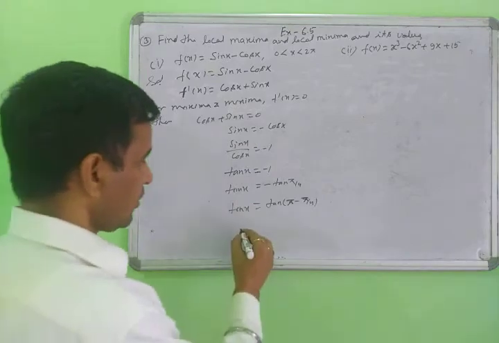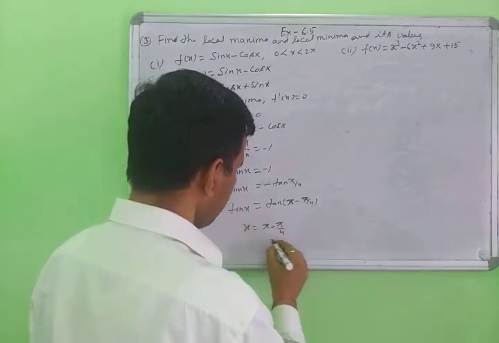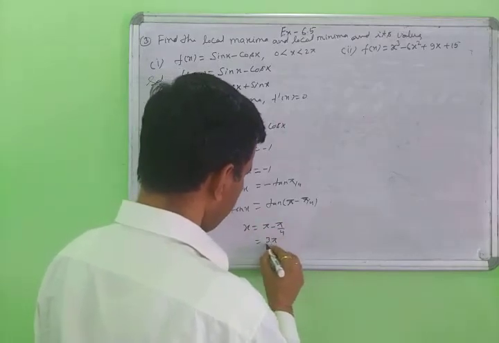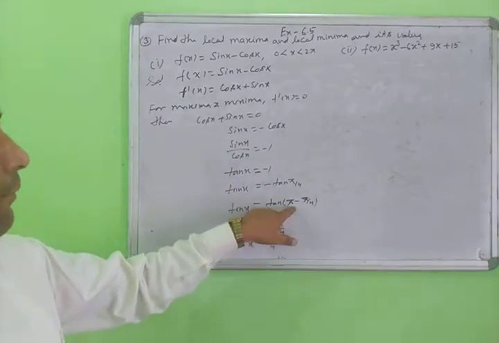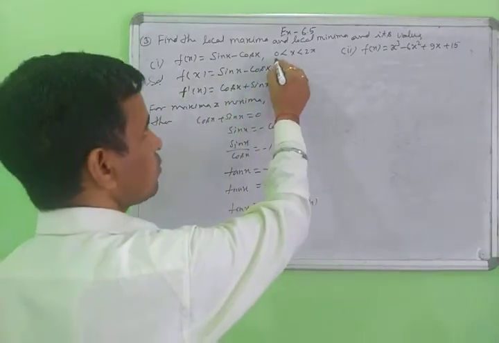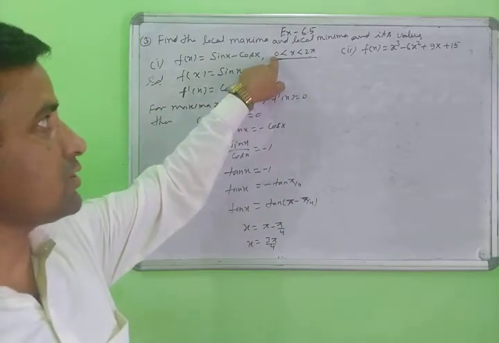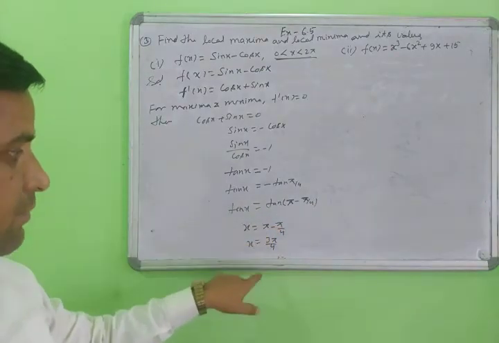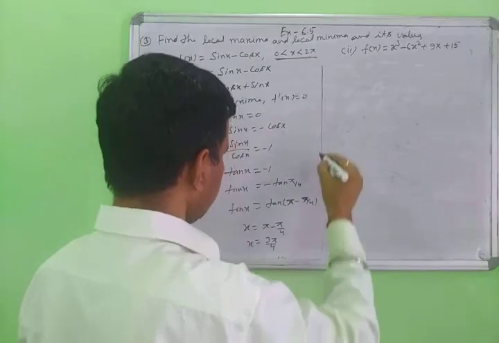So now what is the value of x here? This is x equal to pi minus pi by 4, and the result is 3 pi by 4. This is the second quadrant, but we are using the limit 0 to 2 pi. This goes from the first quadrant to the second quadrant. So suppose you put 2 pi here, then converting to the fourth quadrant, tan also.